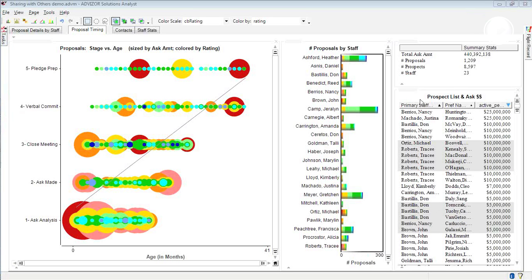Advisor is a strong data discovery and analysis solution that makes it very easy to share results with other users. There are 4 ways to share results. First, you could easily copy a chart or Advisor dashboard page out into Microsoft PowerPoint, Word, or PDF or HTML